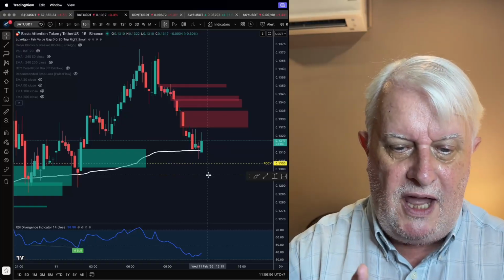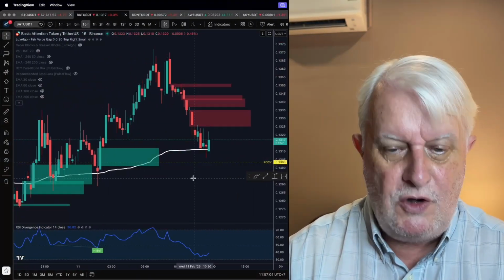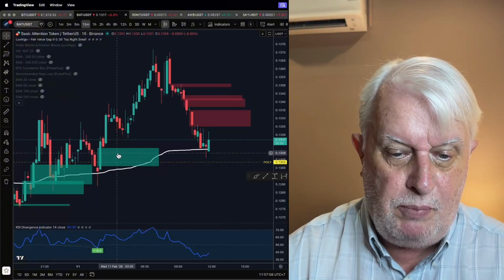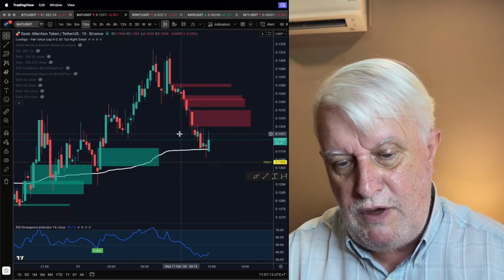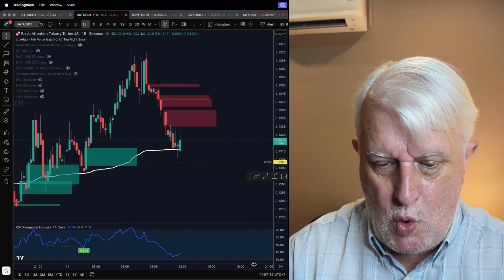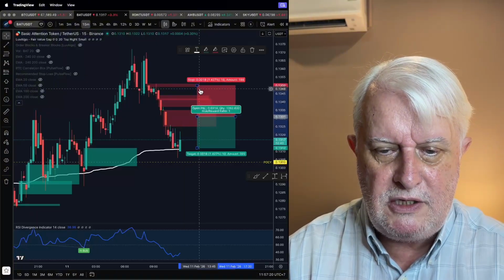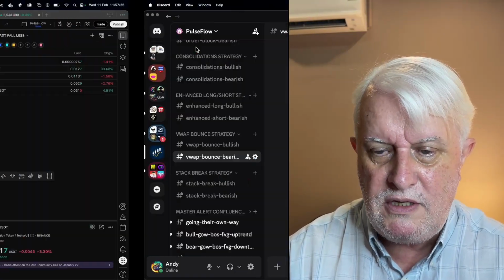This kind of goes in line now, because if you remember, it said tends to bounce before moving down. There's a number of factors that tell me this could happen. One, it's come back down to this bullish fair value gap with the breaker structure here, and it's bouncing off the VWAP. So this is what I call my initial setup. I'm expecting it to come back into here. The stop loss PulseFlow recommended was